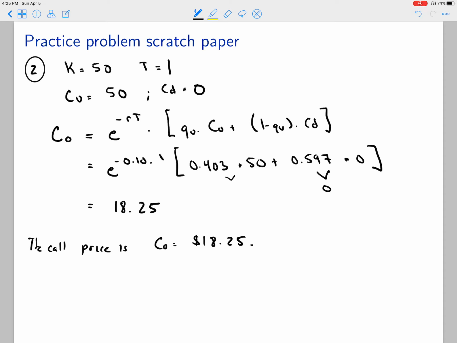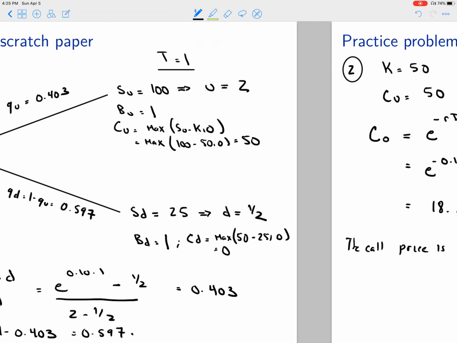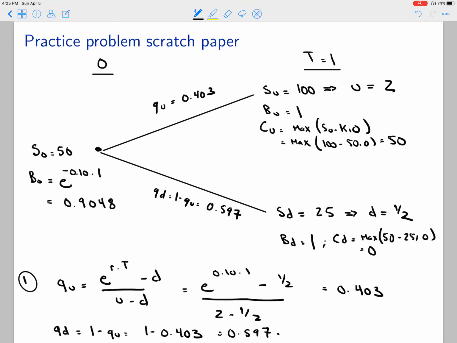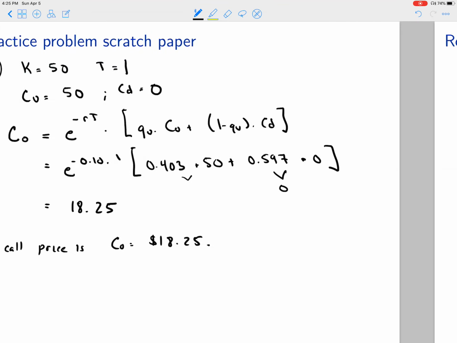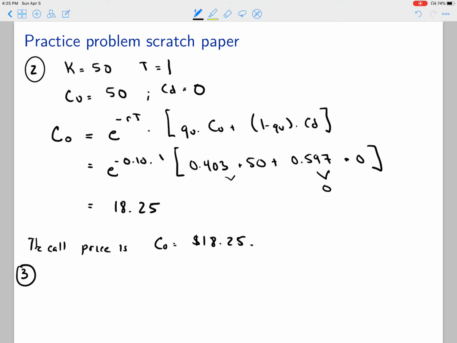I recommend always using risk-neutral pricing for that reason. You just went out, you calculated the simple probability here. This probability, along with the derivative's payoffs, are all you really need to go out and calculate the derivative price. It's that simple. Okay. In the third part of the problem, what we want to do is we want to